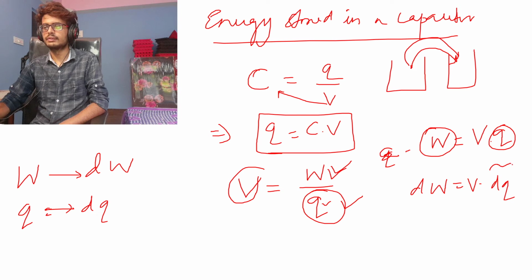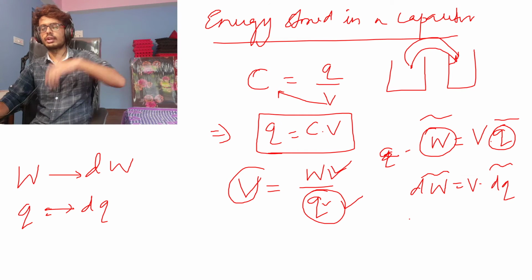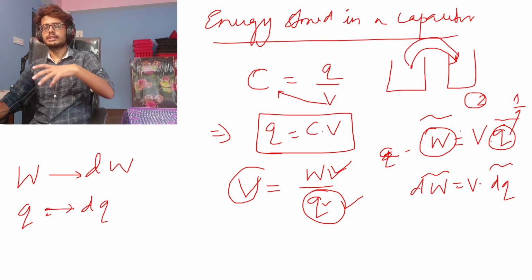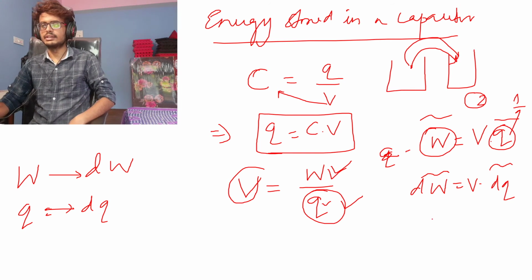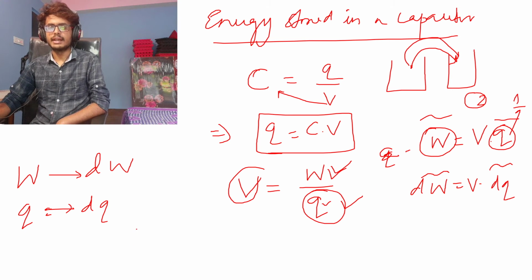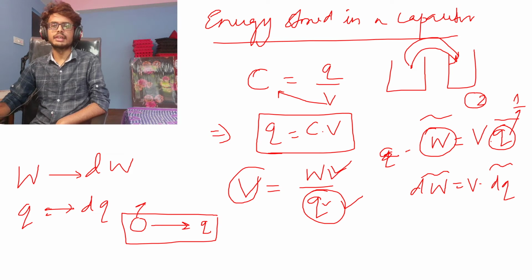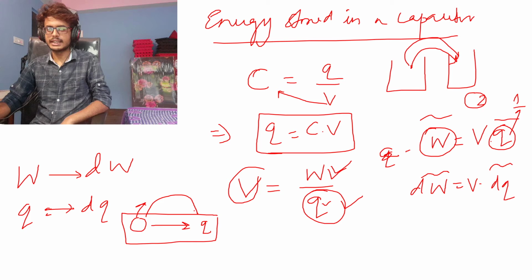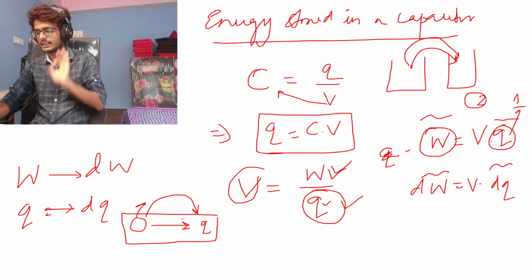We are trying to integrate this formula over the entire value of charge. We are not only focusing on one single charge or two single charges, but on the entire charge inside the capacitor, the entire range of values of charge. In a capacitor, the charge can range from 0 to Q. A capacitor cannot have minus Q of charge. It can have either 0, that is no charge at all, up to the maximum amount of charge, that is Q.